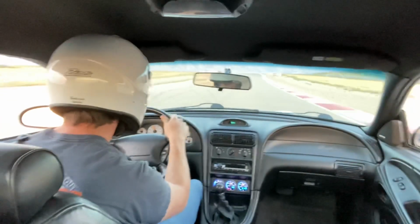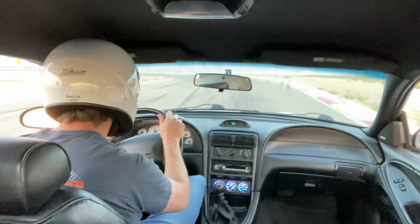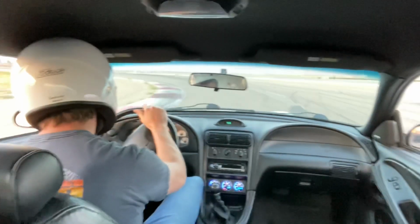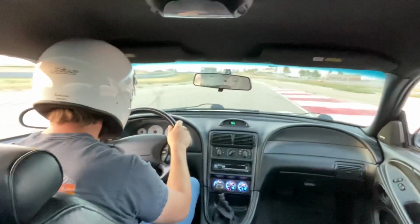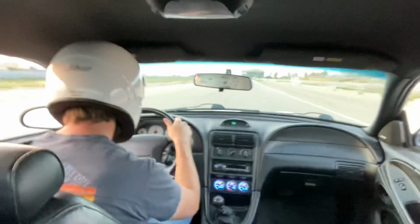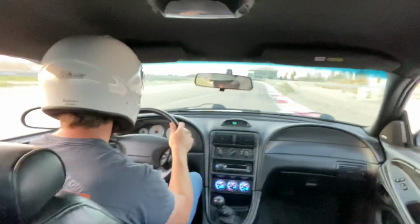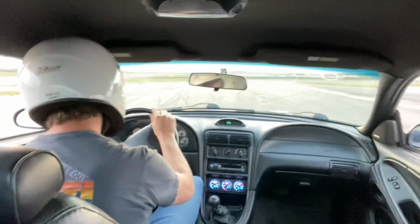So if you guys are interested, maybe you want to get into track days, but you don't want to buy a totally new car, you want to know, hey, are these old things reliable? Can I do this? What's it like? Let me know, and I can do a comparison. I can really compare the two and let you know what it's like new versus old, things you would have to do in an old car that you wouldn't have to do to a new car, those general type of things. So let me know in the comments if this is something that interests you, because I do